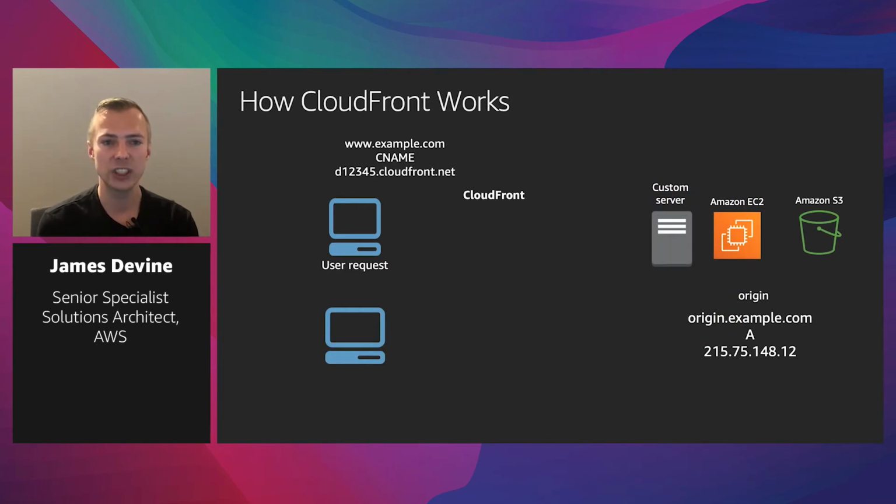If we dig in a little to see what this looks like from a user perspective, let's say I have www.example.com. I would create a CNAME to my CloudFront distribution, which in this case, we're saying d12345.cloudfront.net. It'll always be a .cloudfront.net hostname. So if my user requests some file, let's say it's our index.html page, it goes into CloudFront. CloudFront actually doesn't have that piece of content. It's the first time it's been requested. It'll go back to the origin and download that content and store it in the cache, and then respond with